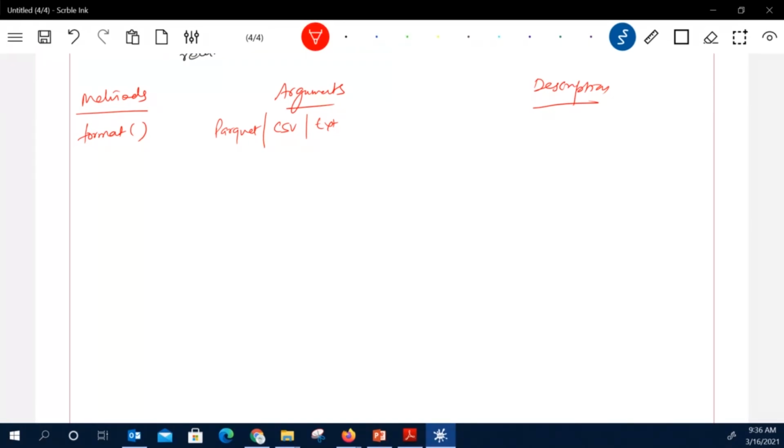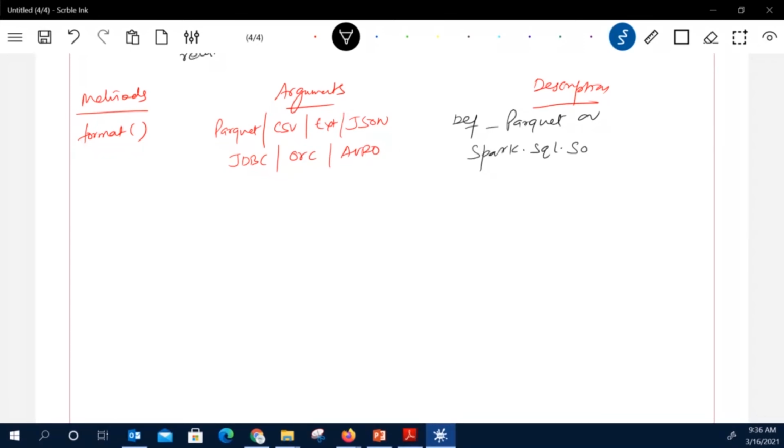So when I say static data sources, I mean to say that it can be your data formats, it can be your table, it can be your CSV file, Parquet file, or TXT file. Okay, so this can be your JSON, or it can be your JDBC, or it can be your ORC file for Hive, or it can be your Avro. So these arguments you can pass to this format, and the default type is already set as Parquet if you have not mentioned, or it will use whatever we have set in the configuration called spark.sql.sources.default. So whatever we have set over here will be defined over there. Otherwise, the default is Parquet.